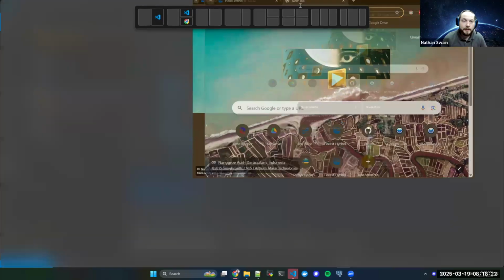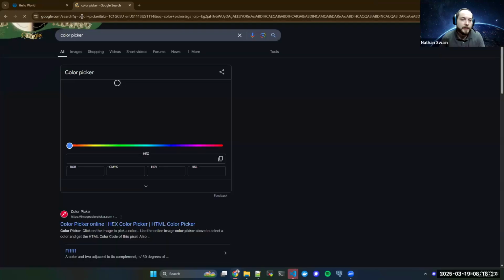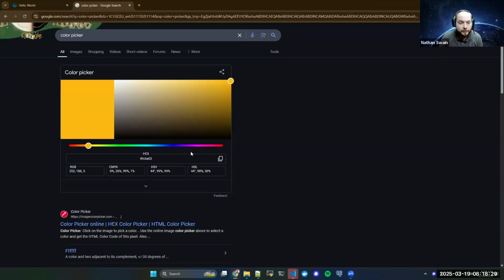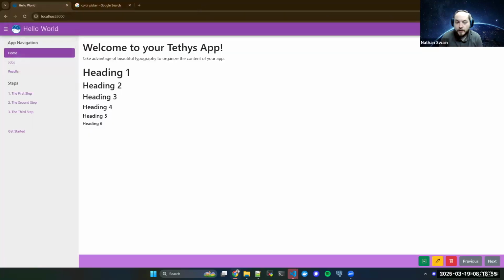So maybe we could experiment with this a little bit. It expects the color to be in hexadecimal format. An easy way to find that is just to search for a color picker and find a color that you like. So maybe I want to change it to an orange color, for example. It's kind of burnt orange. There we go. So I can copy this hex number and then go back to